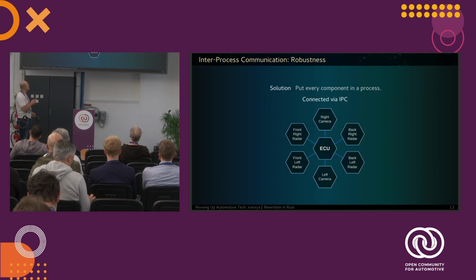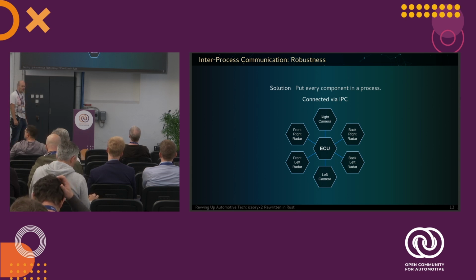Extremely easy. And these blue lines are then the connections, which are inter-process communication, for instance, and they are all happily communicating with each other. When now the right camera goes down, only the right camera goes down, the system remains stable, and you can continue operation, maybe in a fail-safe mode, but in the end, this is a typical IPC use case. So now let's assume, OK, yeah, it all makes sense. Now I apply this to my automotive use case, and then you come up to me and say, OK,